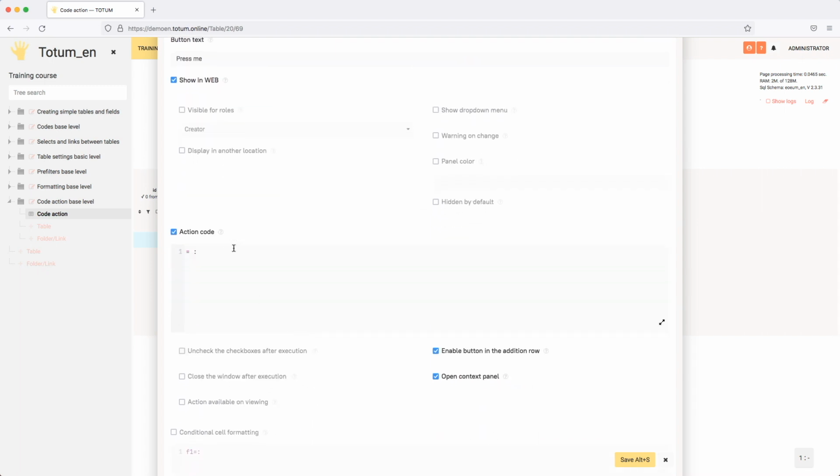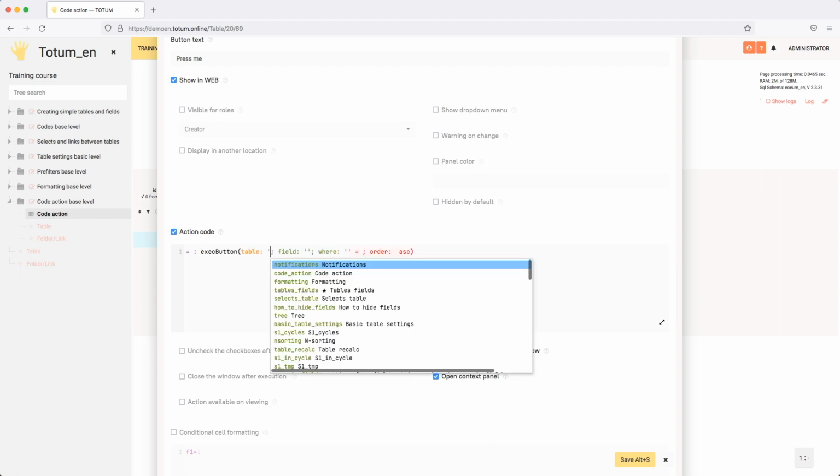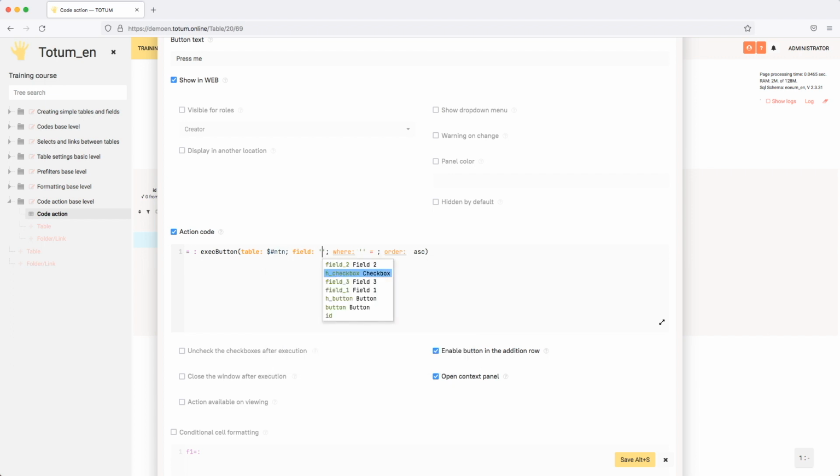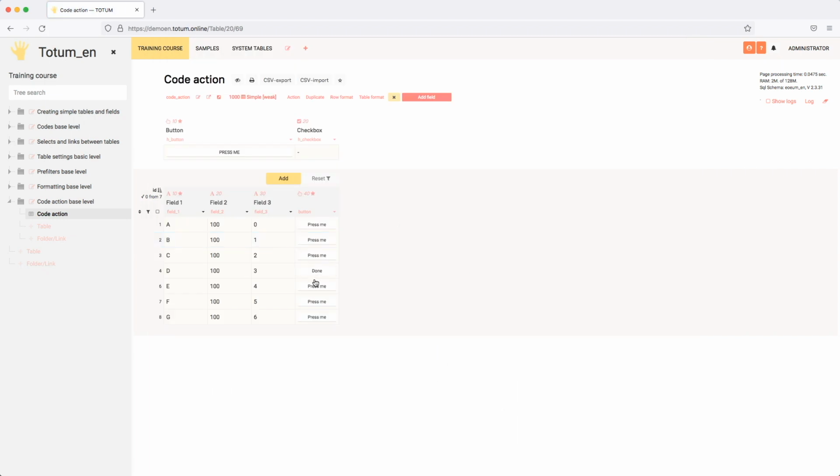Using this button as an example, I will show the following. We have an exec button function that allows us to execute another button. We have here, for example, a button in the header, now table name, and we have it called H button, where in this case we don't need order either. I'll remove the open context panel. Save. So what happens? We click the button and nothing happens, but not because the button doesn't work, because there